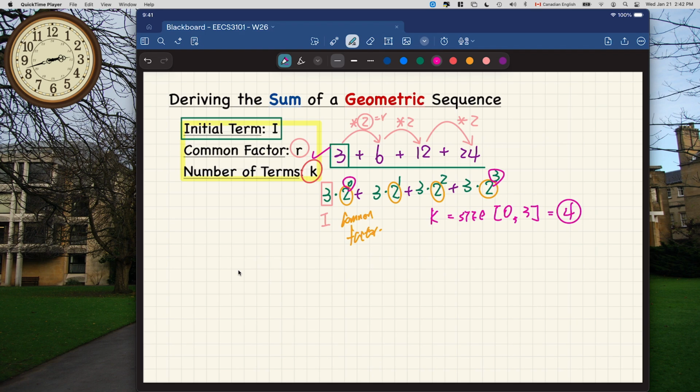So now let's see the more general pattern. We have the summation of k terms. k here is the number of terms in the geometric sequence. And then we have the first term, which is simply the initial term I, plus I times r, plus I times r squared, plus I times